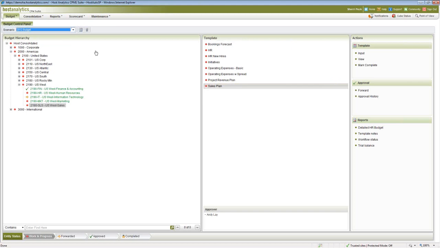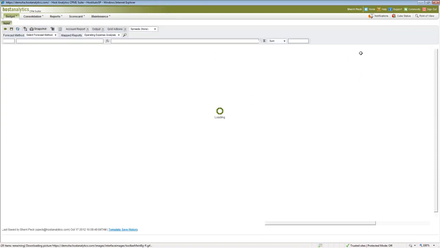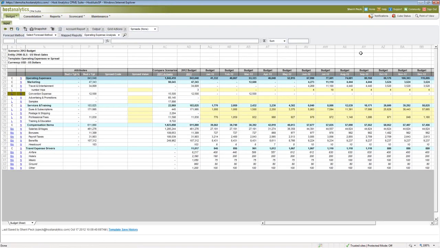While Alan works on the sales plan, I'm going to go into my operating expenses and show you some additional tools that our users have to be able to set up their budget. So again, this is what we call our flexible templates. They allow the users to budget using the descriptions and the formulas and the models that they have been used to. So in Alan's, we didn't actually see what the prior year numbers were. In this case, I've got a comparison, and I've got 2011 actuals.